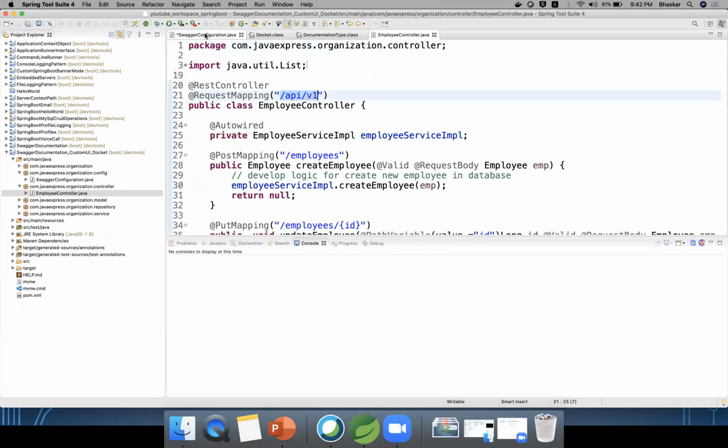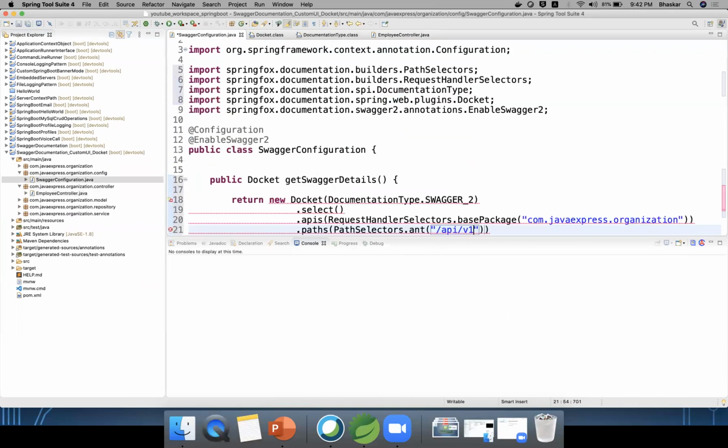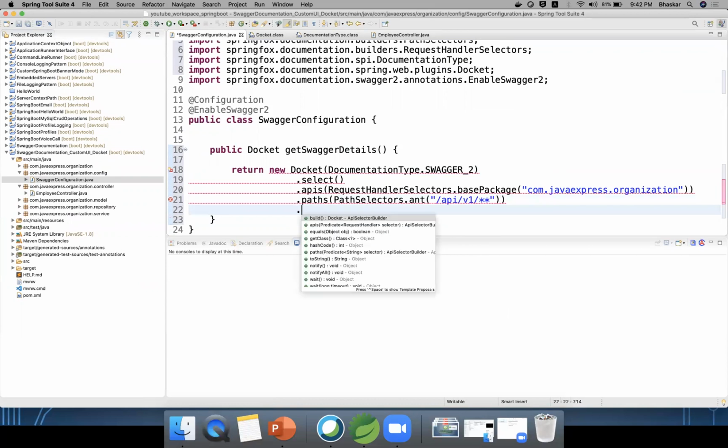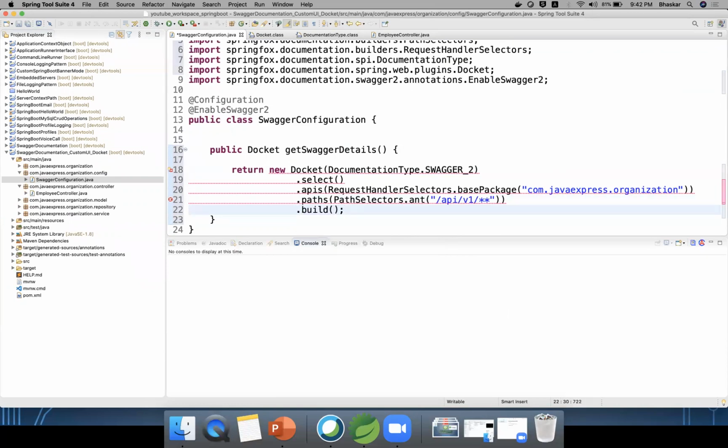Copy and paste it here, slash, and if you choose all endpoints, it will display for you, and then the build method. That's it, your job is completed. Now you need to keep it as a bean, because Spring Boot needs to take care of object creation of your Docket also. Now the object is created and configuration is done.